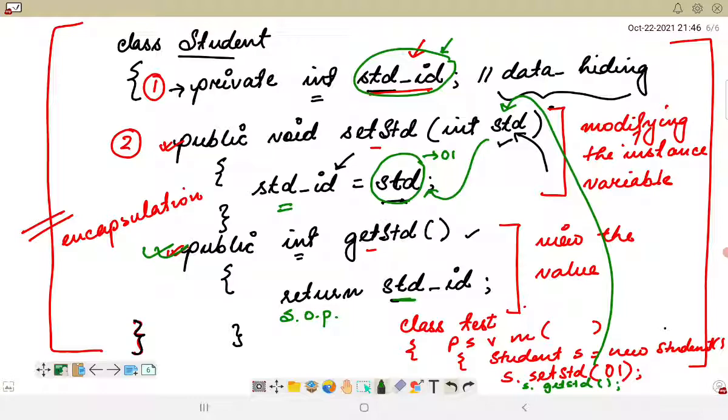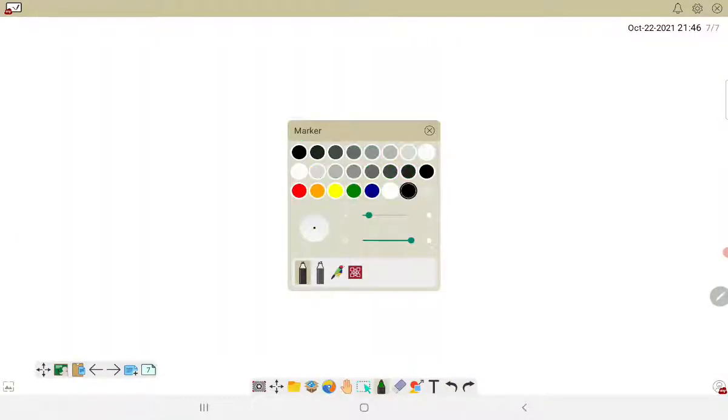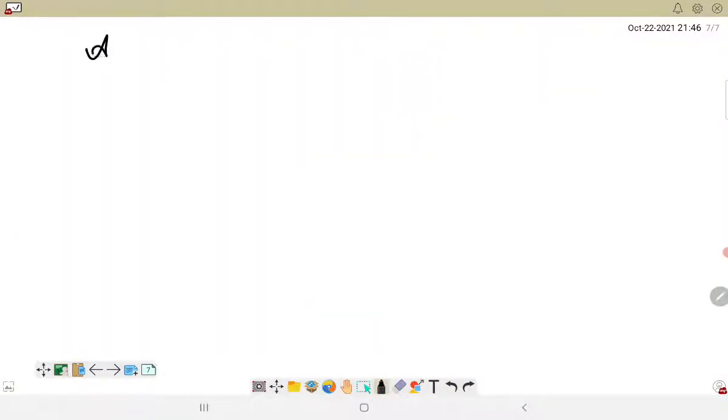Okay, so we will see this with a small program as well. So before that, first we have to discuss the advantages of encapsulation, right?